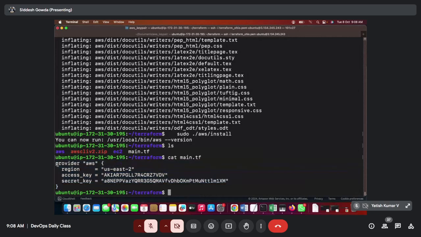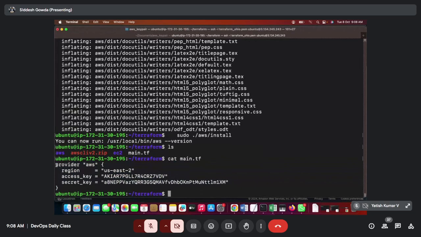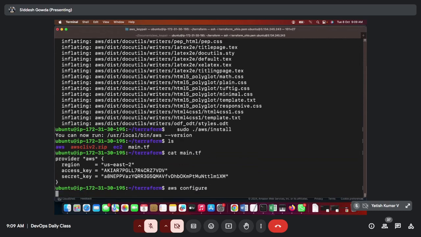In this way we can provide the credentials and the provider details. This will be very harmful, security related stuff we are crossing, right? So this is not the best way in an organization. Instead of providing the access key and secret key in this way, we can do aws configure. What will this do? This will ask for the